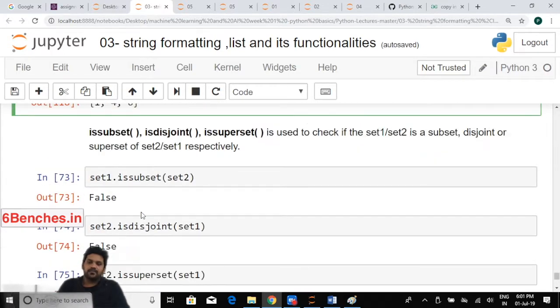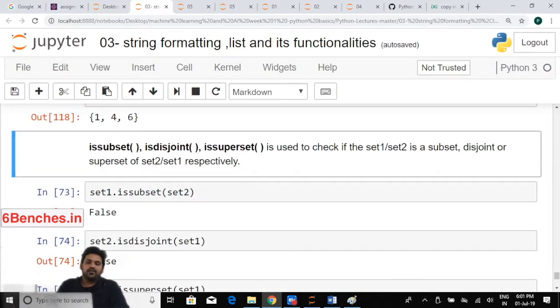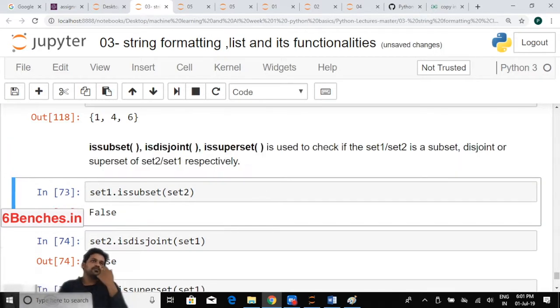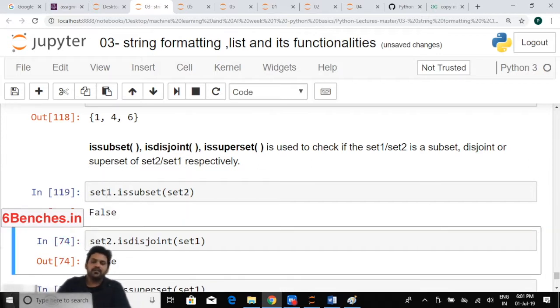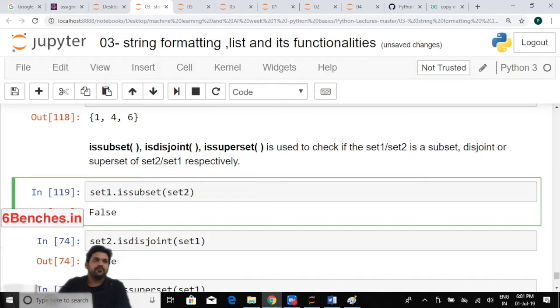Next we have three functions: is subset, is disjoint, and is superset. They are used to check, and when I say check, they will always result in true or false. So they give you true or false values as the output. Is subset will check, if I do set 1 dot is subset of set 2, whether set 1 is a subset of set 2. If it's true, it will return true, else it will return false. Like here it is not, because set 1 has some elements which are not there in set 2. I think you know the meaning of subset, right? Subset is all those elements which are there in the bigger set. Is disjoint,